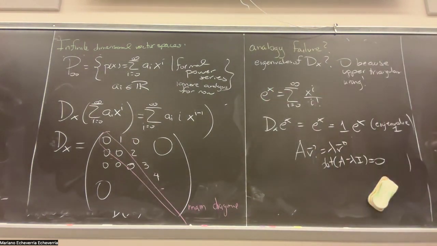So everything has to become more careful. There are many things that work more or less the same in infinite dimensions, but other things break down very quickly if you ignore issues coming from the fact that you have infinite dimensions. So for now, the important thing is that sometimes it is useful to think about derivatives and other things as infinite dimensional matrices. But if you want to find something like the eigenvalues of the matrices, then you have to think a bit more about what you mean. Okay,